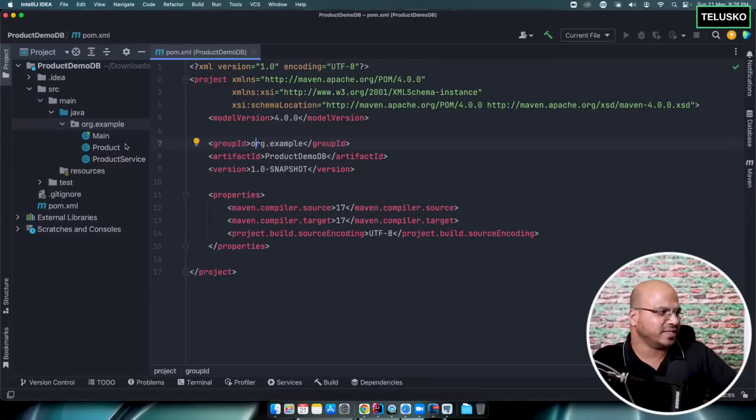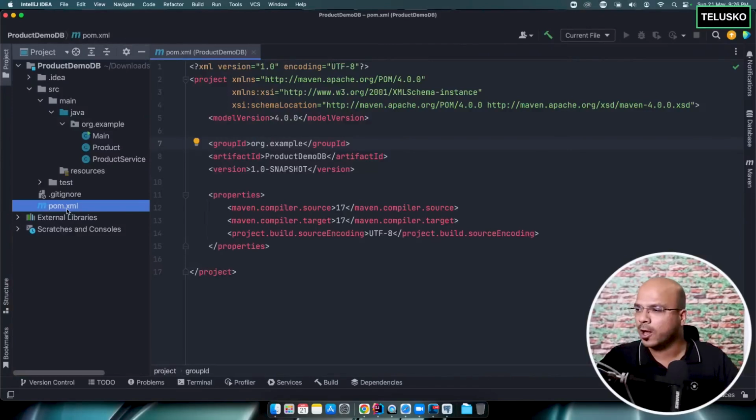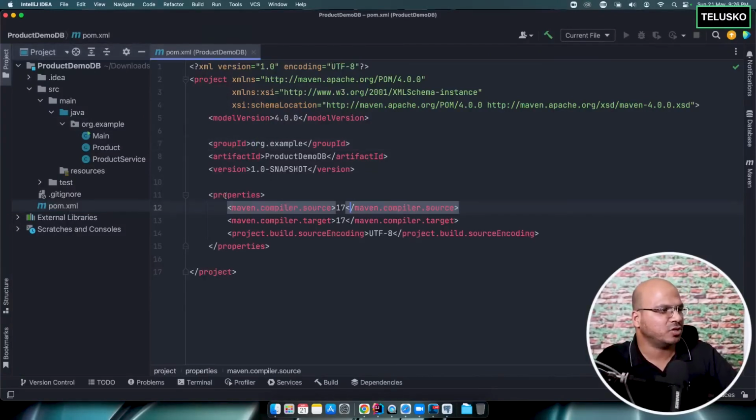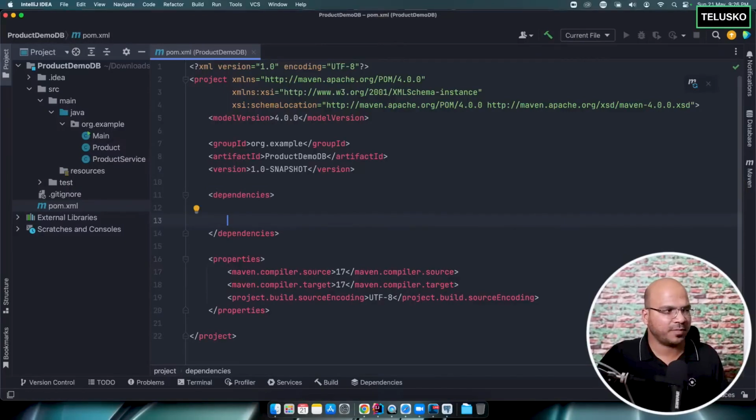Now what you get in the Maven project is this. If you go to pom.xml, whatever dependencies you need, you just need to mention those dependencies here. So you can put a thing called dependencies, and whatever dependency you want, you can just add it here. Now what dependency do we want? We want a dependency for